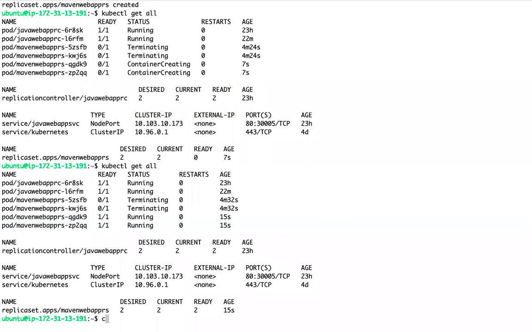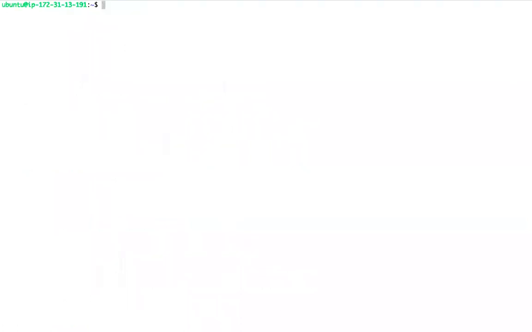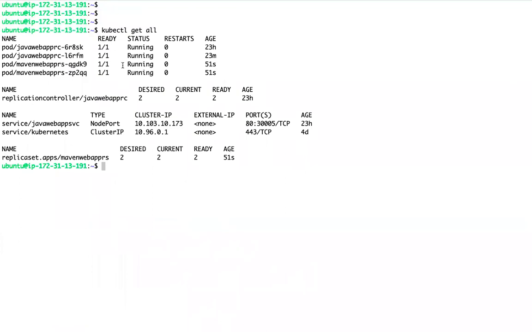We have 2 pods up and running. I executed kubectl delete, right? So the old ones are getting terminated. So now these are the pods which are up and running.